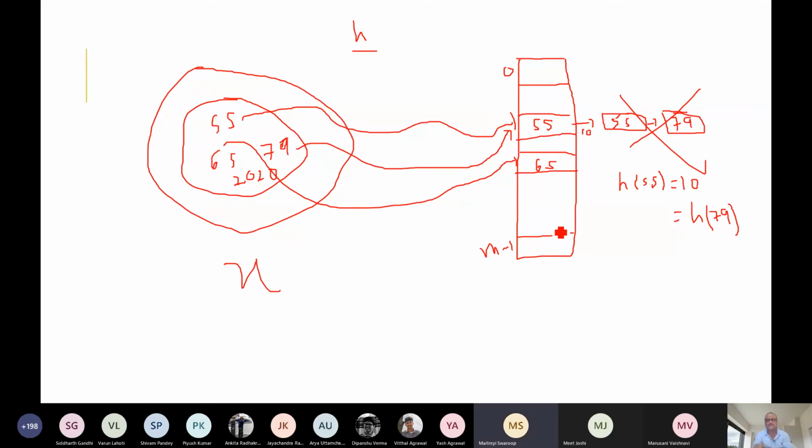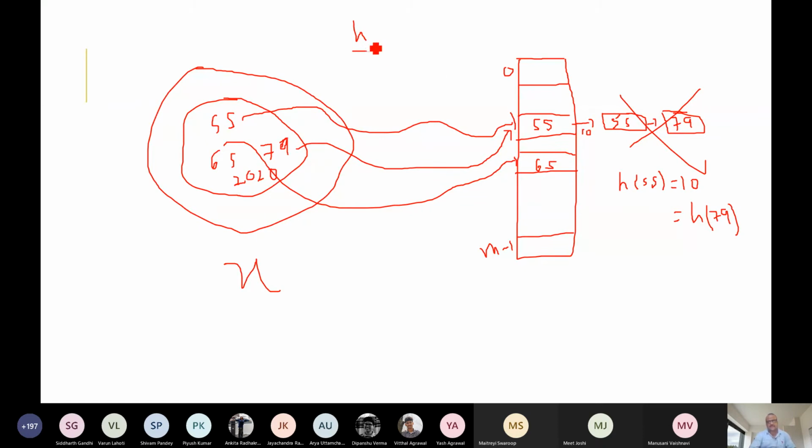So I guess ideally we'd want something not too far from the 55 slot, so that after the first try, when it finds it occupied, it moves on to something predictable and closer also. That is a good point. We cannot arbitrarily assign 79 anywhere because we have to be able to search for it.